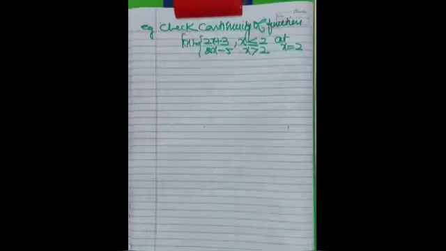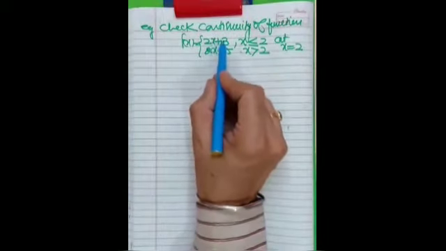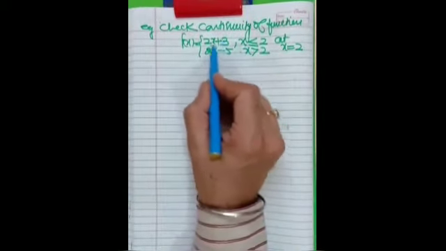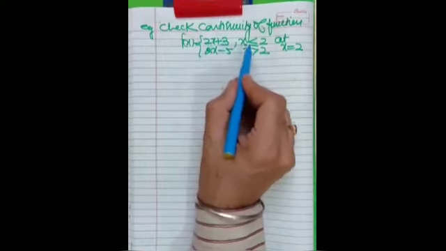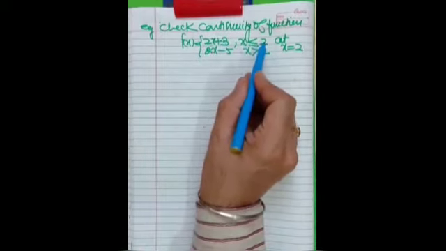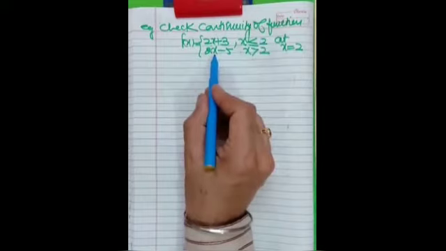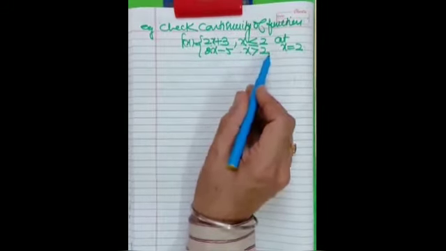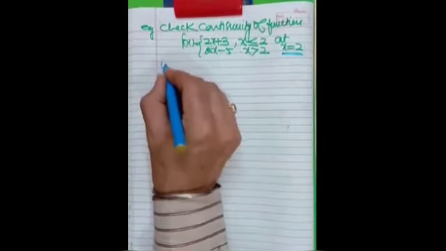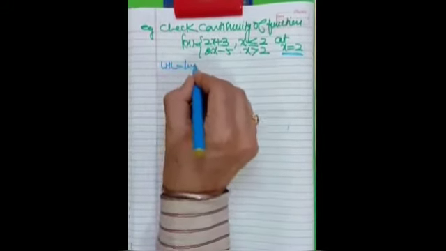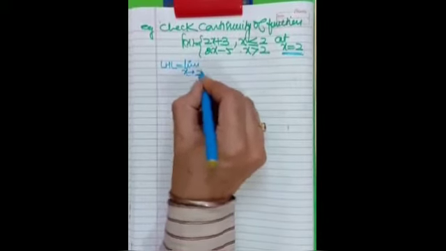Yes children, come to another question in which you are getting that our function has dual nature. What is the meaning of dual nature? Dual nature means double nature. It works as 2x plus 3 when x is less than or equal to 2. It works as 2x minus 5 when x is more than 2. We have to check the continuity at x equal to 2. Now children, our method is a standardized method. We have to check the LHL and RHL.